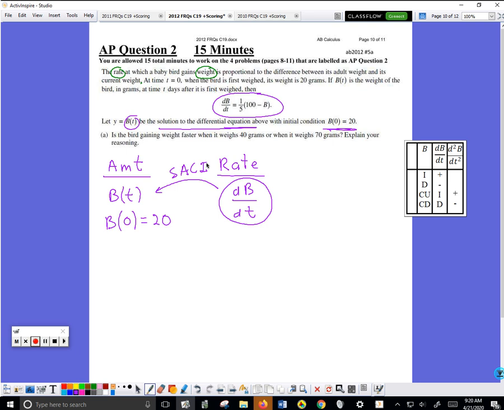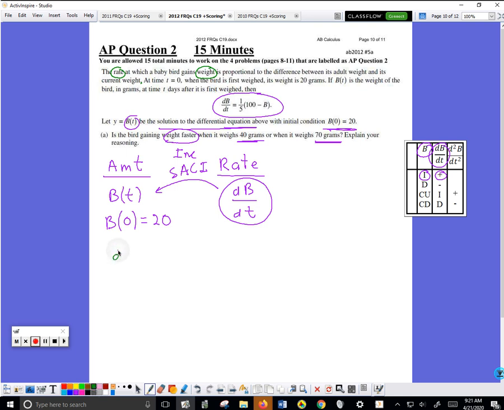The question says, is the bird gaining weight faster? So is the weight increasing? Is the weight increasing faster when the bird weighs 40 grams or when the bird weighs 70 grams? So very common for them to ask on the AP test, is the weight increasing faster? Means we've got to compare what dB dt is doing at those two different weights. So I write on my paper,